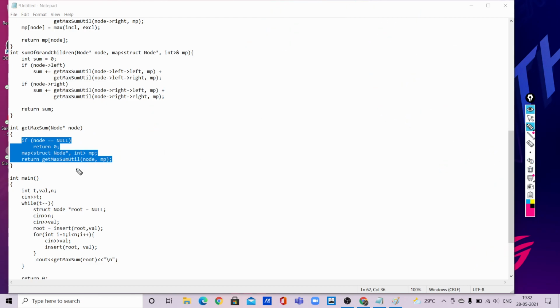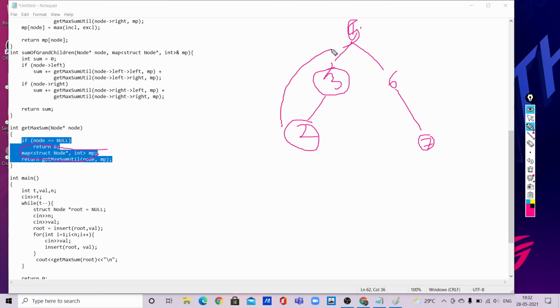Next, we are also initializing a map, because while we are calculating this one, let's take 5 over here, a binary search tree, right? 3, 6, 7 and 2. If we are calculating this, 2, 5 and 7 might be the possible solution.